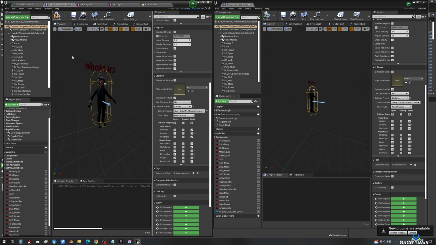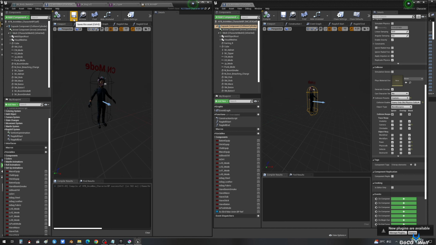Be very careful with this. If something goes wrong, you must check everything. Now duplicate nodes from other blueprints. Close the windows that are not needed first.